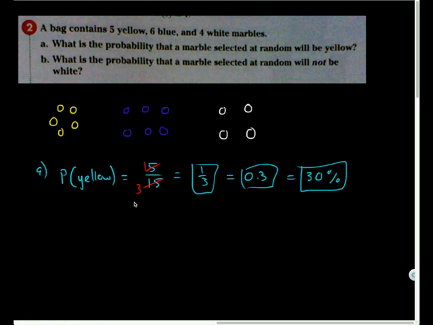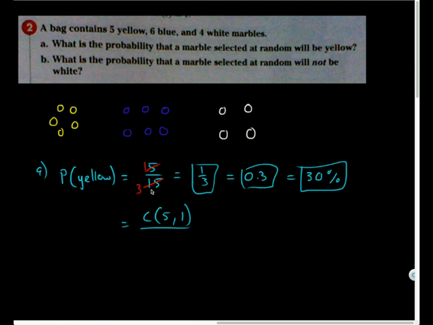Actually, let me point this out. There is another way I could have set this up using combinatorics. I kind of counted it, but not always will that be an easy situation. Sometimes I'll be working with a very large number of things where counting them would be inefficient or ineffective. So I technically could have said, well, the number of ways I could pick a yellow marble, there are 5 yellow marbles, and I'm picking 1. So how many ways can I pick 1 yellow marble? That is how I could set up the number of successes in terms of combinatorics.